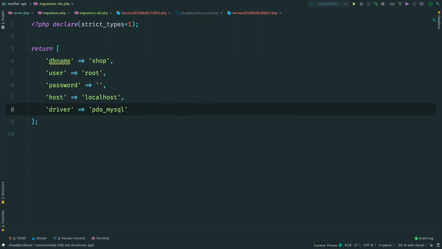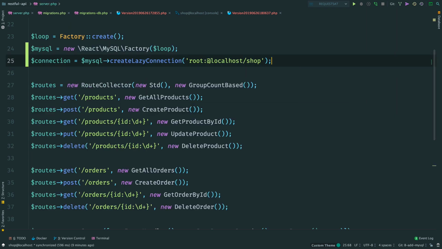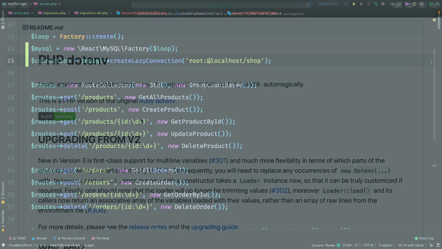These values are from the migrations config. The problem now is that we have database credentials in two places, in the migrations config file and here. For such things as database credentials, it's better to use environment variables, because then we can set this up on the server we deploy our application to, so we don't have to hard-code it in the source code.